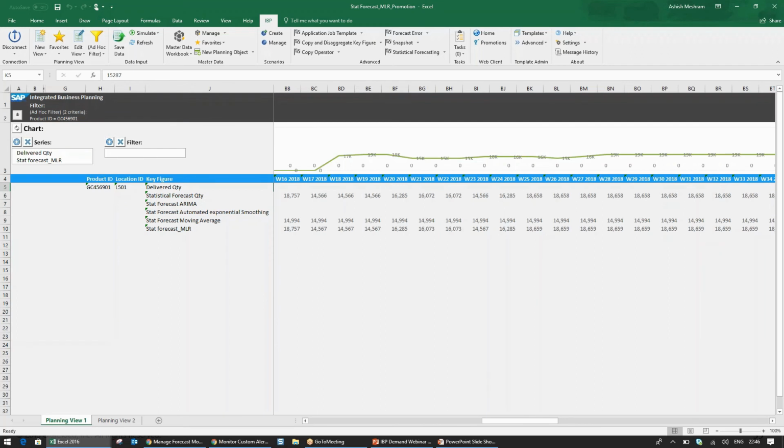So a marketing person can utilize a multiple linear regression approach. These models assume a linear relationship between your dependent variable and one or more independent variables such as your price, temperature, or the brand sentiment. So the forecast depends upon the future values of these independent variables. In this particular example, we have taken two independent variables, one price and the other being your brand sentiment.